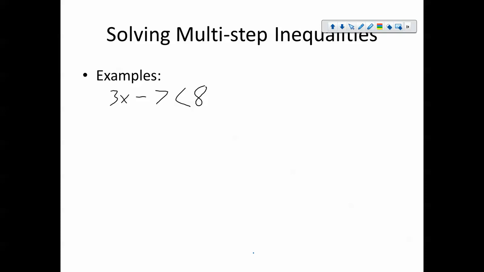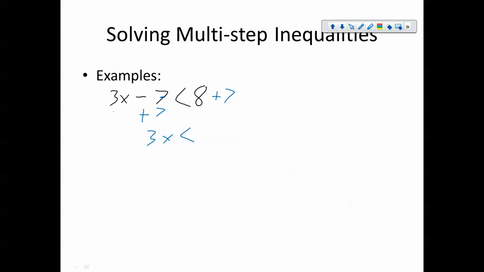The first example here is a 2-step inequality. We have 3x minus 7 is less than 8. I should probably put little arms on the 7 so you don't confuse the 7 with a greater than sign. So I need to get the x variable by itself. I need to isolate it, so I'm going to do opposite operations. I want to remove the negative 7 first, so I'm going to add 7. And because I'm doing that to one side, I'm going to do it to the other side. And I end up with